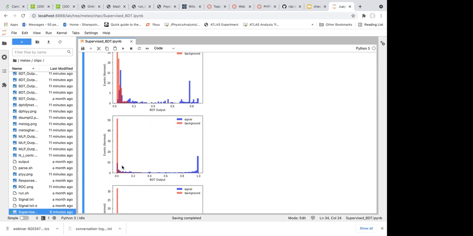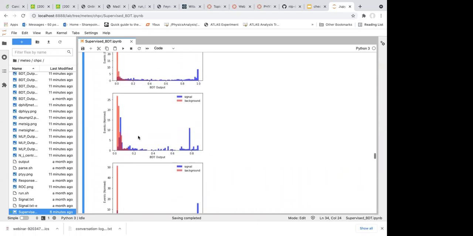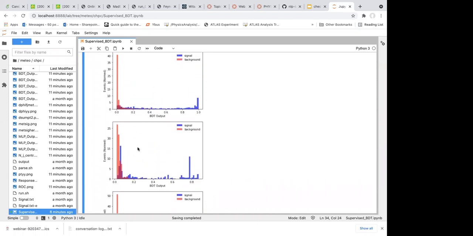We say every single event smaller than 0.1 is background and greater than 0.1 is signal, right? So just looking at the machine learning output distribution, we can already say that the third method is the best among the first three random forest methods.